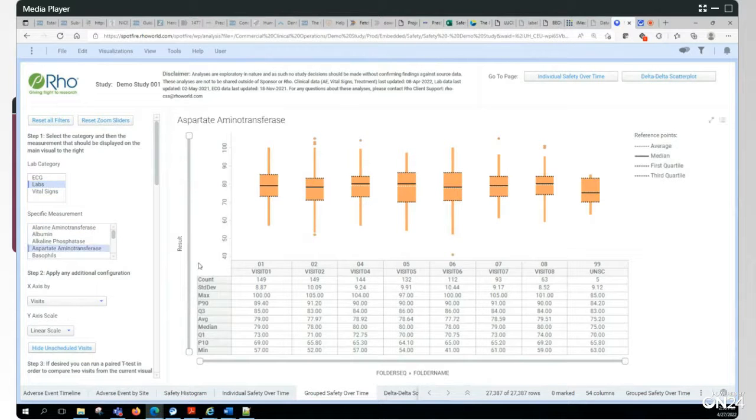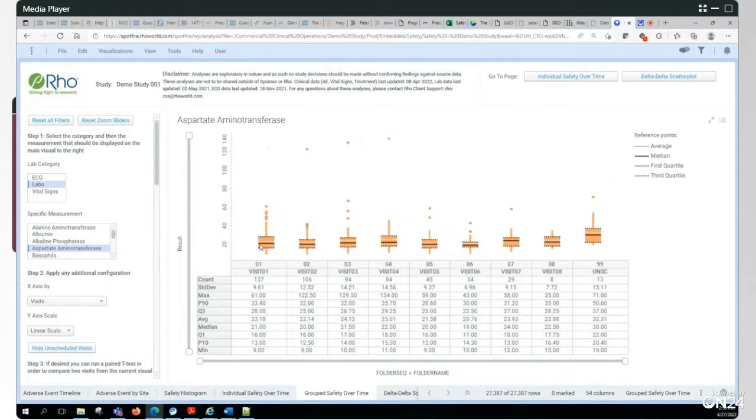And so we can look at this, and this represents the values across the study, different visits, and the number of subjects as well. And we can see if there's any change overall in that value. In this case, I don't really think there is, but we can see if there's any trend overall. And maybe if we saw a lot of those individual subjects, we would see a change here as well. So it's a redundant way in some ways